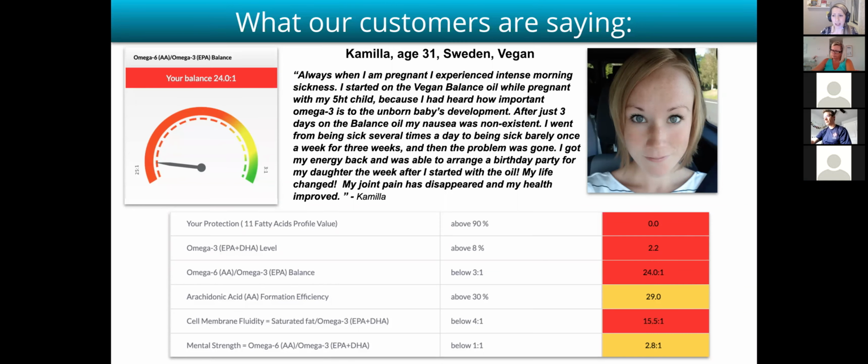I got my energy back, and I was able to arrange my birthday party for my daughter that week after I started with the oil. My life changed. My joint pain has disappeared and my health improved." And her imbalance was 24-1. And she believed that she was eating healthy due to all her food choices. But eating a vegan diet means that you're eating lots of things that are growing and very little omega-3. And that is causing issues in the cell membranes. So when she was able to correct this cell membrane issue with the vegan oil that we have, she experienced